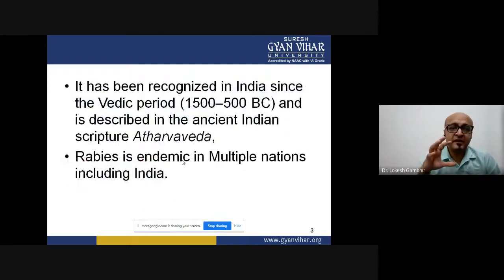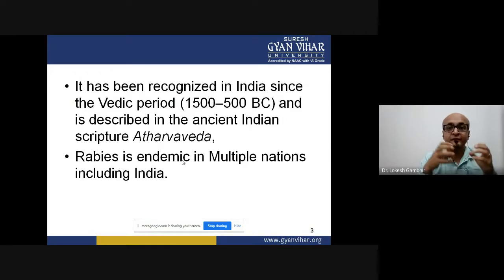So see, rabies is not a new virus, first of all, and rabies disease is not a new disease. Rabies is prevalent, and it has been known to us since ages, since primitive times. It has been documented in the Vedic period also, where people have shown that certain kinds of symptoms are there, which have been associated with dog bites. And in the BC era also, people have speculated that it might be spread to humans by the saliva of the infected animal. So it's not a new disease, but an already known disease.